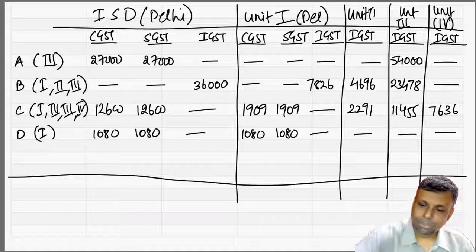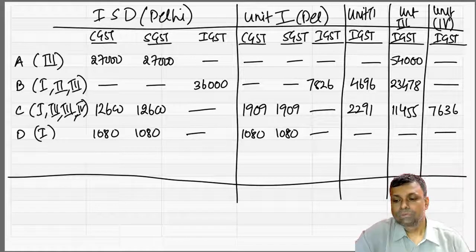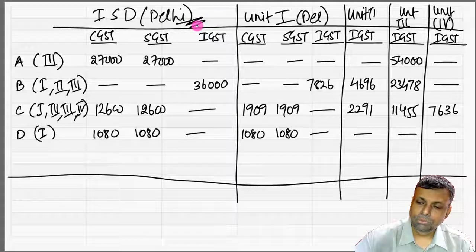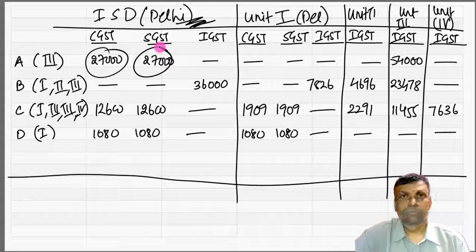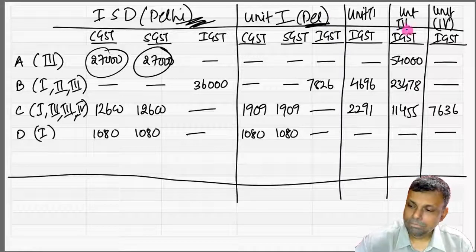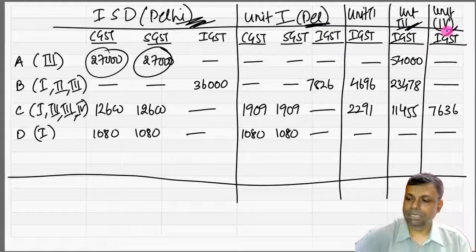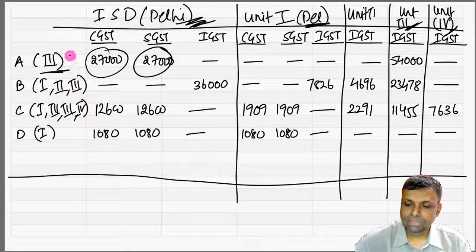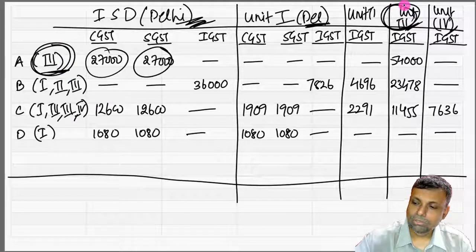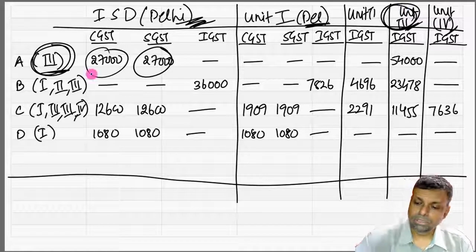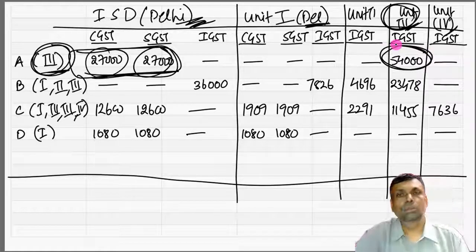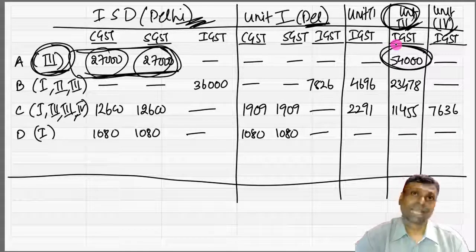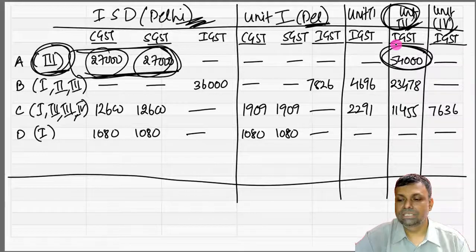Now look at this particular example, the manner of distribution. This is a very, very simple provision. The input service distributor is in Delhi. In that particular case, you got CGST, SGST. If your unit is also in Delhi, and if you have allocated, then there is a different treatment. But if your other unit is not in that particular state, so for example, if it is allocated to unit 3, and this particular unit 3 is in a different state altogether, the total of these two figures, that is 54,000, will be put to that particular unit, but it will be transferred in the form of IGST. It will not be transferred same to same as CGST, SGST.